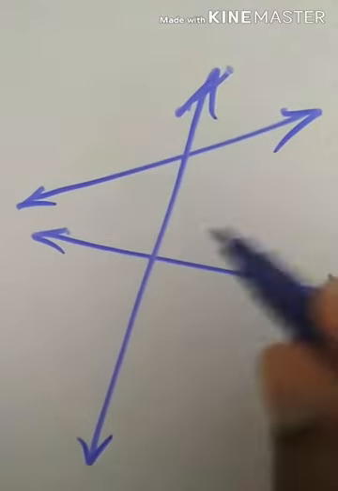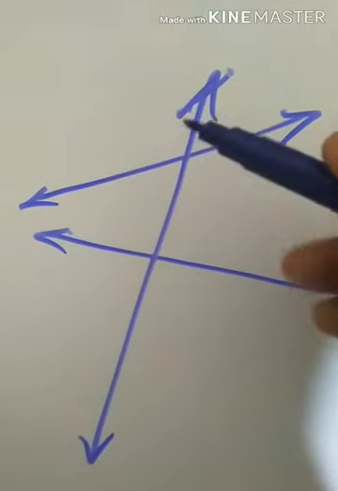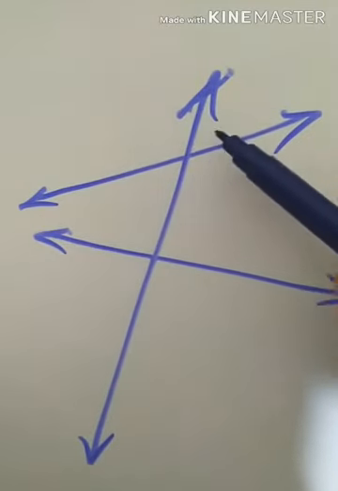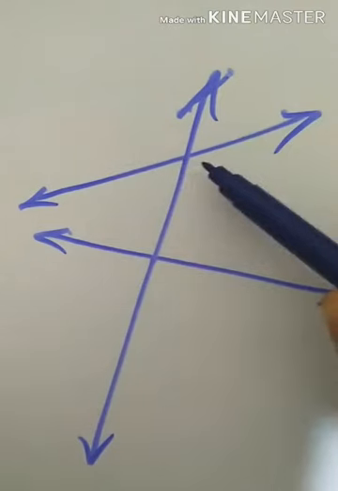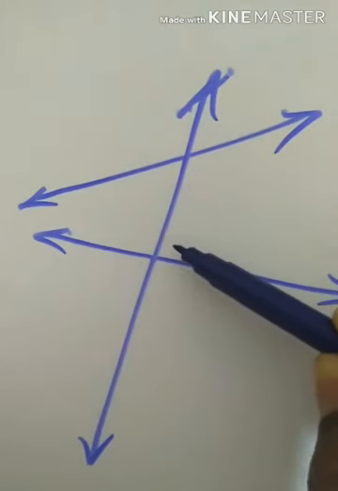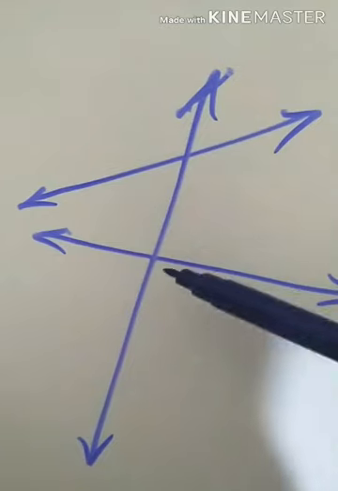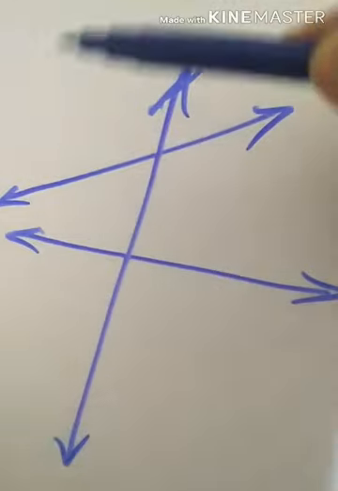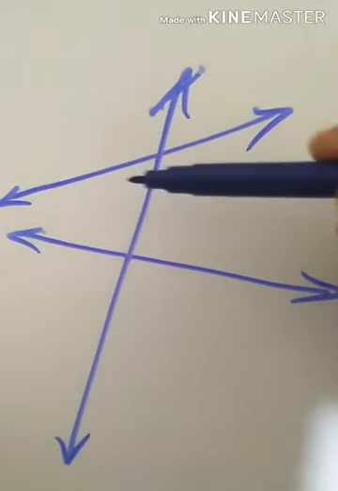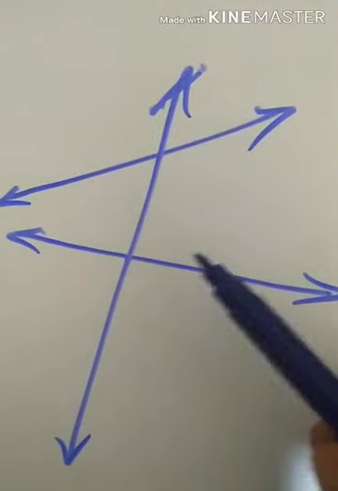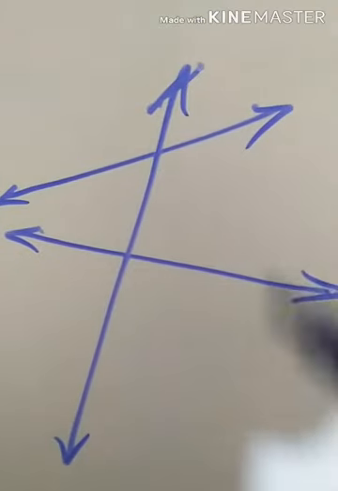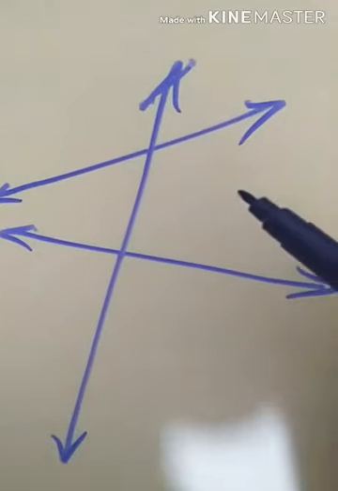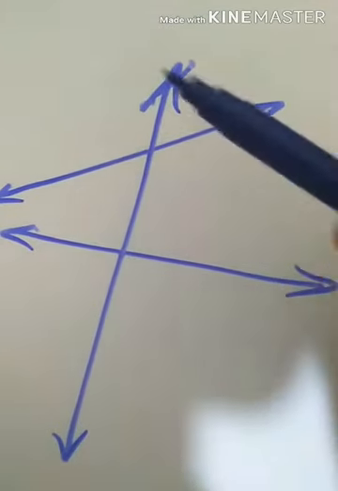If you have any two lines and a transversal, let us talk about the angles formed here. As you can see, there are a total of 8 angles: number 1, 2, 3, 4, 5, 6, 7 and 8. These 8 angles can be classified as corresponding angles, interior angles, and alternate angles. In your 8th standard, you have already learnt about these types of angles. Let us do a quick recap.